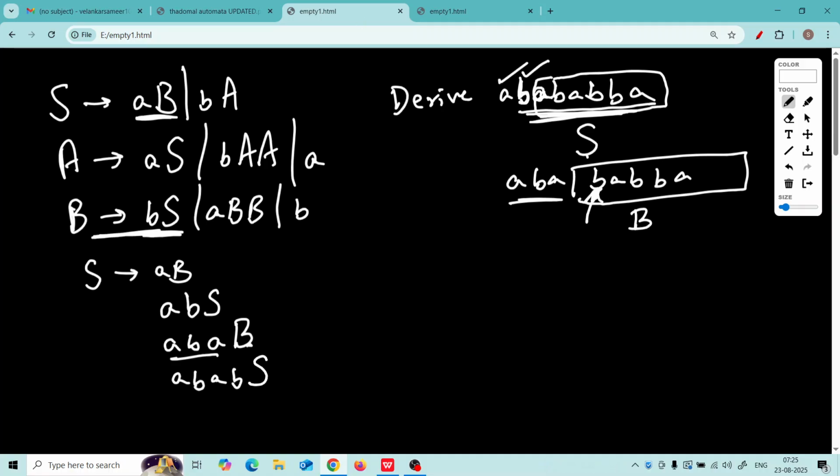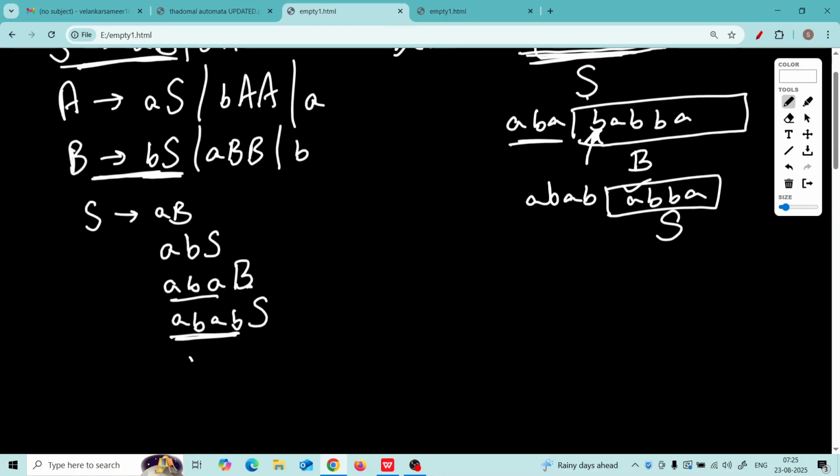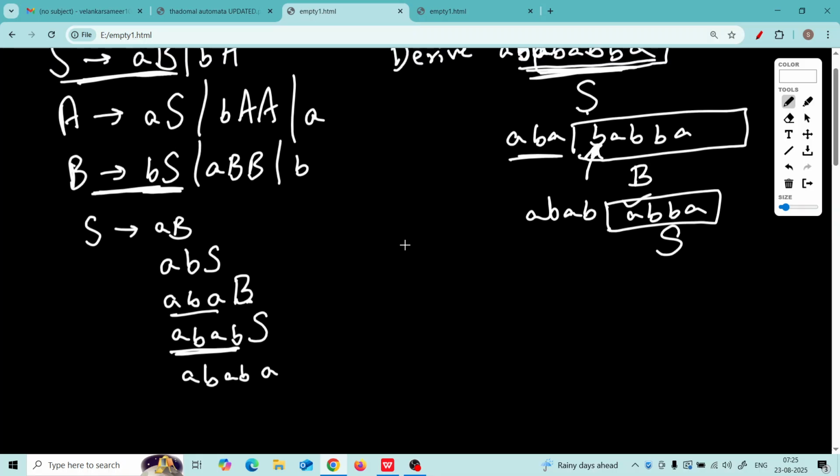ABA BS. So we have now generated ABAB. Watch this, ABAB, and the string pending is ABBA. S is now pending, capital S. Okay, what do you want? A. Correct? A. So obviously we will use S gives AB, right? So we will have A, B, A, B, A. What was that? S gives AB. Okay. So now we have generated A, B, A, B, A, and the string remaining is B, B, A, and only B is pending.